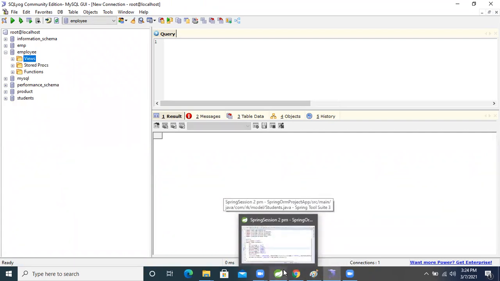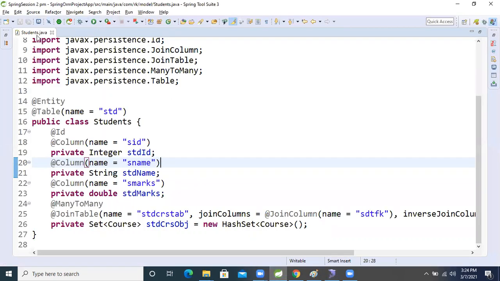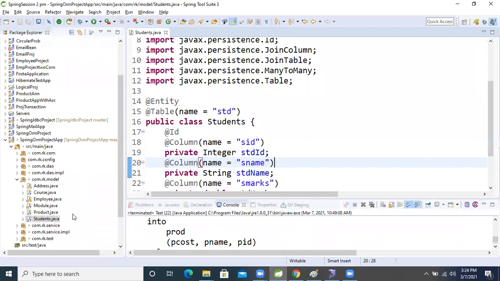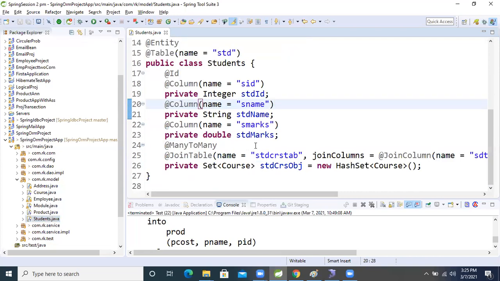Okay, no problem, let's run the application and we will see that. For this one also, the address and employee models, tables will generate, because those are in this application only. But we will concentrate on the course table and the student table, and the third table is the std_crs table.